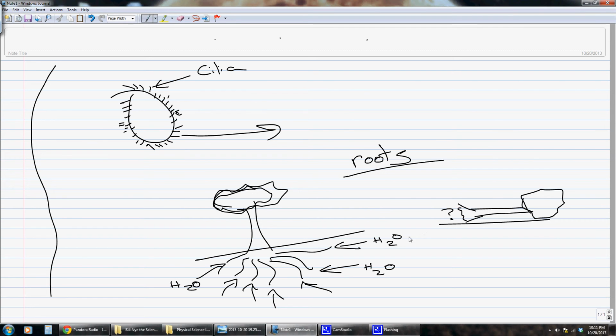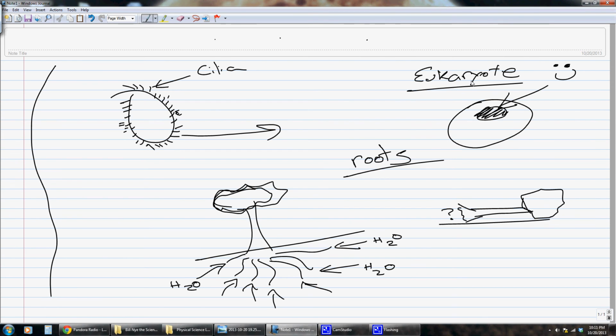Those are some pictures that you can do, even if you want to do something like a eukaryote. What I can do is draw a cell. There's a little cell, and inside here's our nucleus, and that is what we really care about. So I draw a happy face, because you have a nucleus, because you're a eukaryote, and that's what all eukaryotes have. They all have a nucleus. I don't know, your pictures hopefully are a lot prettier than mine. But yeah, do good work. Remember, you're going to pick 8